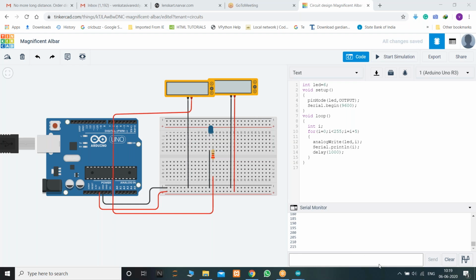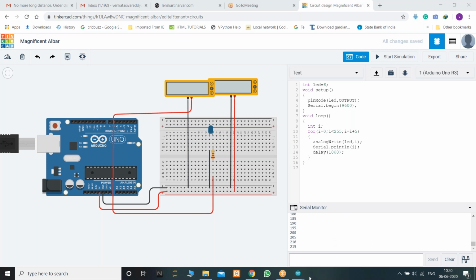Yes. See the question: connect an LDR to any analog input of the Arduino and control an LED based on these LDR values. Am I clear with that question? So you need to print these analog values to the serial monitor and you can control this LED based on the LDR values. Already we did this in Scratch programming. So I just want you to do this one by yourself, and let us proceed to the next task.